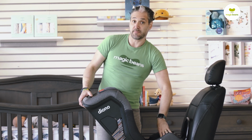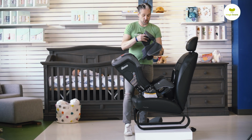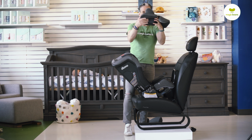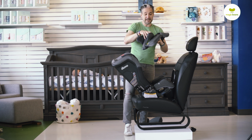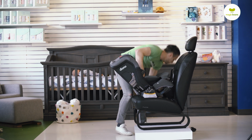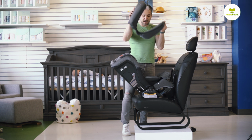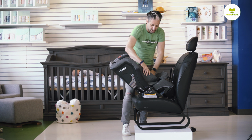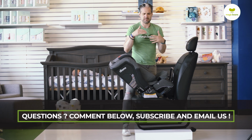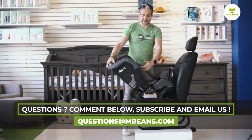Also, you should know that there is a memory foam pad right there on the seat. The next thing you do is you add an infant insert, and so you can see there's a wedge, right? It starts at 4 pounds. Your baby wants to be kind of flat if you're using this from the newborn position, and you put in the wedge, and also you add an extra layer of side impact protection to your little baby by putting this around the child. And now you'll put the harness over. This is not an installation video, but you put this around the child, and now you have